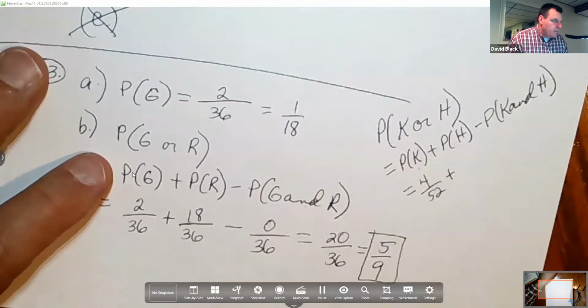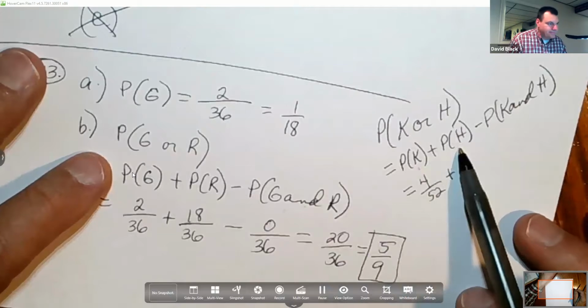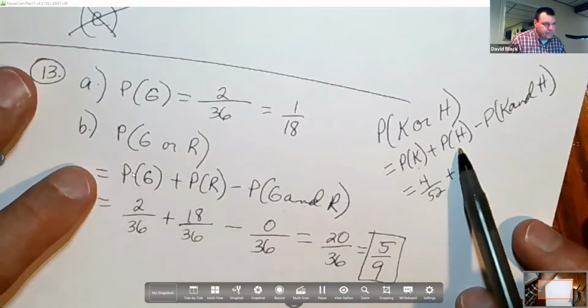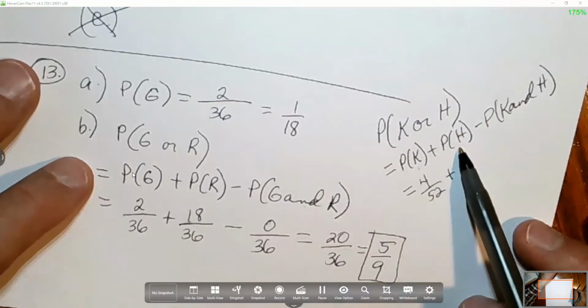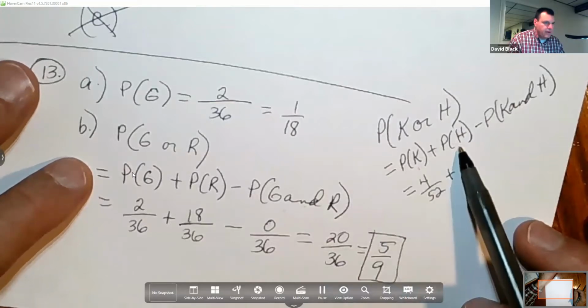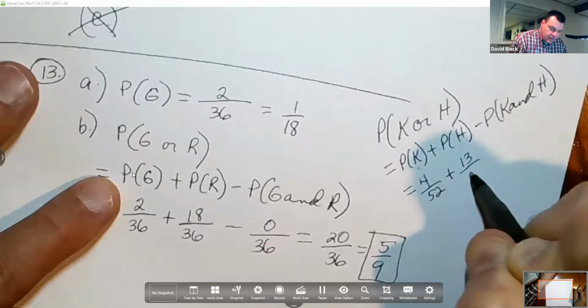Hey, Rebecca, Mackenzie, or Juliet, do you remember how many hearts there are? No. Okay, that's an acceptable answer. Hey, Savannah, do you remember how many hearts there are? There are 13. That's right. 13 out of 52